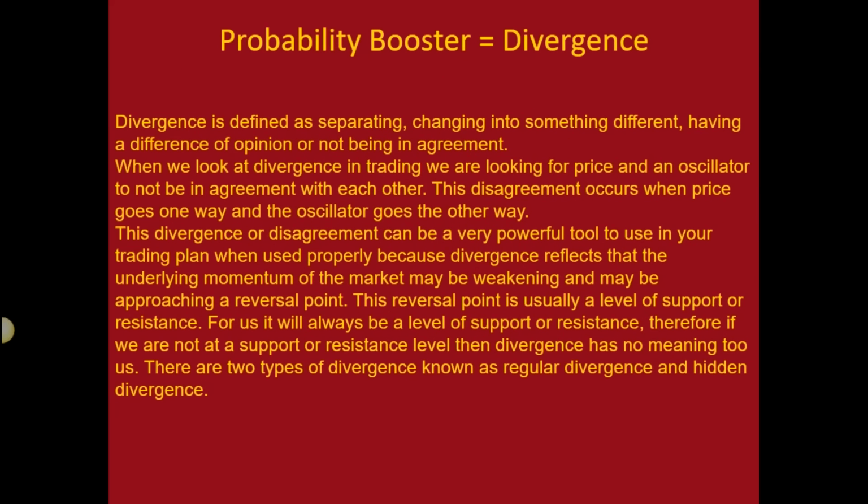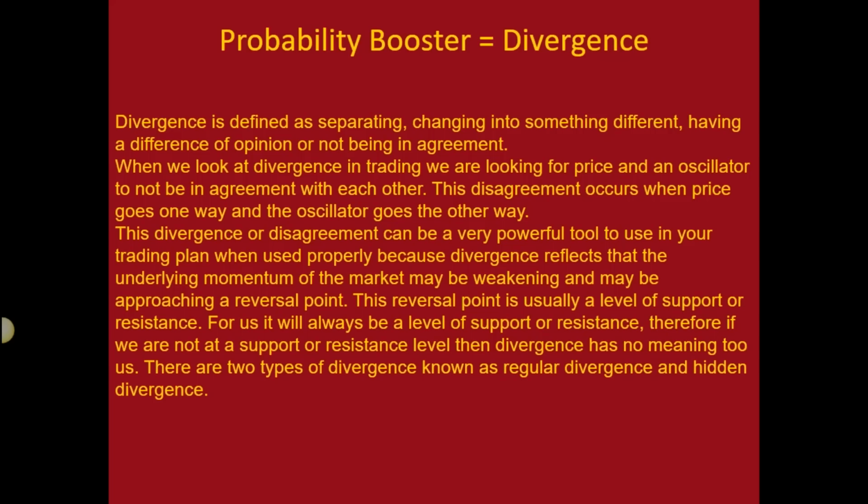So then we're going to add a probability booster to our trade setup. This probability booster is going to be divergence, okay? And this is something that I love to use on support and resistance levels, especially horizontal support and resistance levels, when I reach a double top or a double bottom, and I get that divergence to give me a signal that, yeah, this trend is weakening, the market's not as strong as it should be to break that level. Now, that doesn't mean it's going to work all the time, but it helps you to increase the probability of